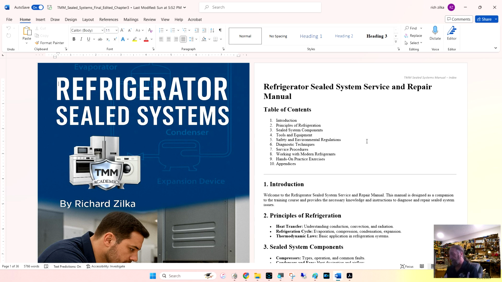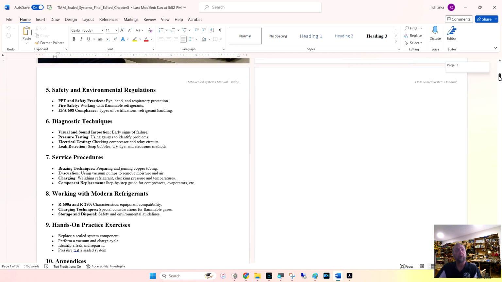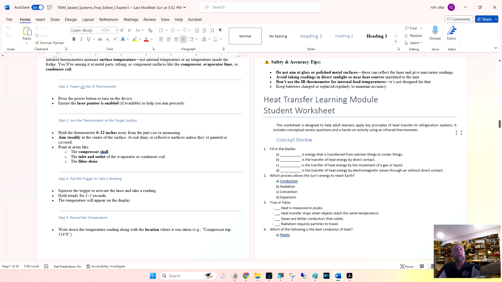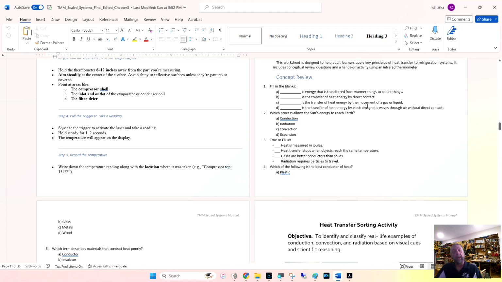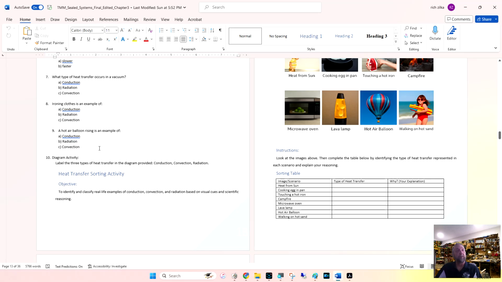Okay, now let's talk about a set of gauges. A 3-valve and a 4-valve manifold gauge. What's the difference? How do you use a gauge? How does it hook up? And even though this is written in a format as a book, it's going to have videos, but then it's going to have these worksheets and actually give you jobs or assignments to do to practice what you've learned